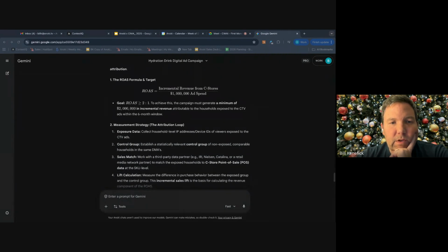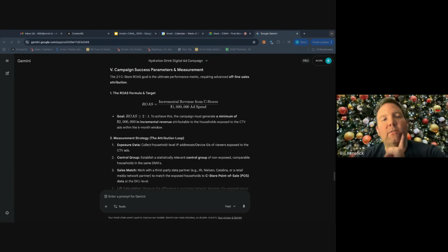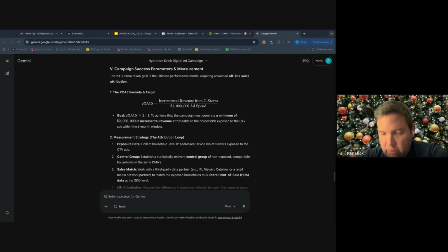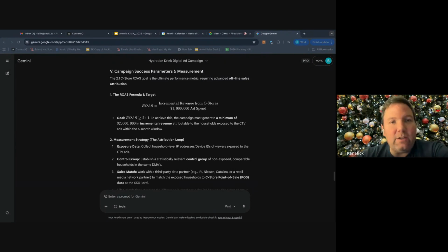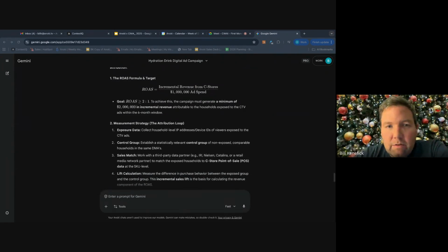So it gave you a formula for something. Yeah, nice. I was trying to trick it. It's tricky. For media people, ROAS is tricky. Who's in charge? Who determines that? It is always a big argument, or can be, I should say. But here it gives a basic run through of this.